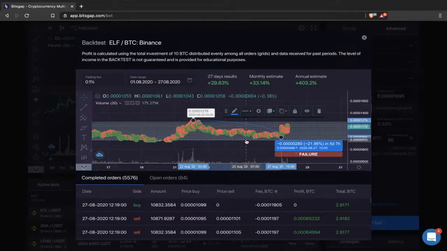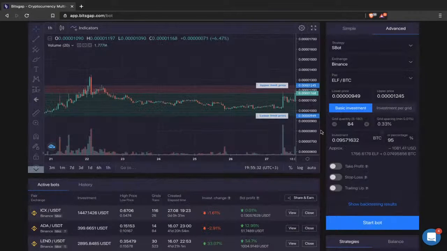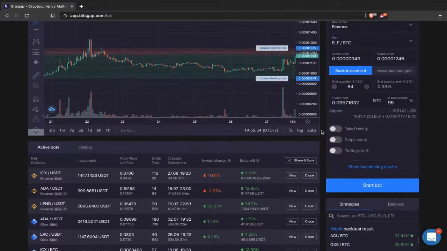So it's definitely that the AGI is going to be your choice, because it has managed to make 200% in the bot profit compared with 29 that ELF made for this strategy. And the upside momentum for AGI was almost 3 times bigger. So that's how you can use backtesting as a source of trade ideas, and you can find those cryptocurrencies that have historically proven to be